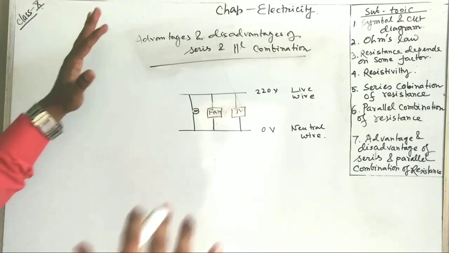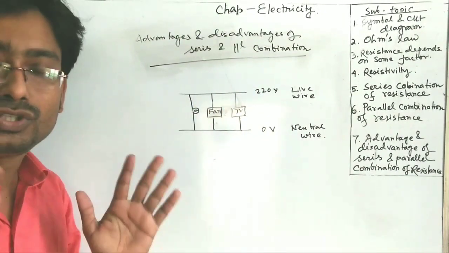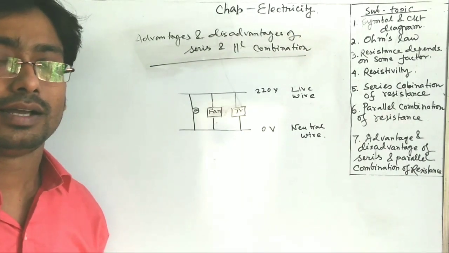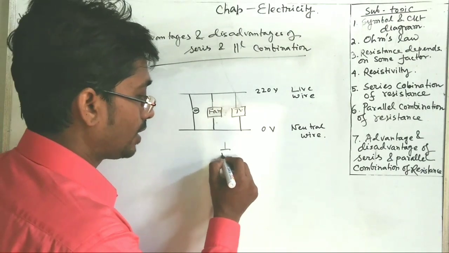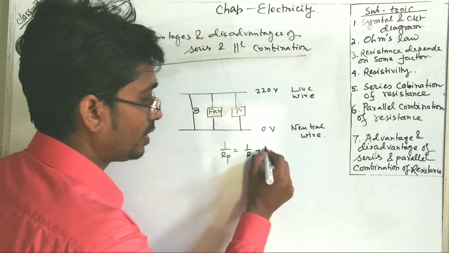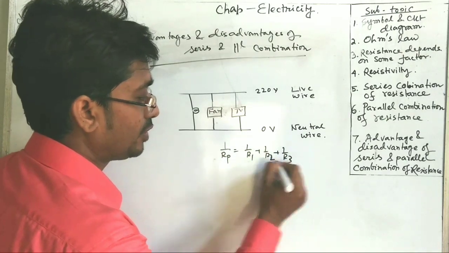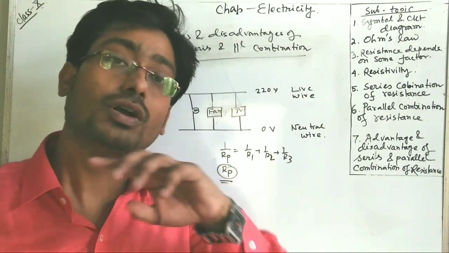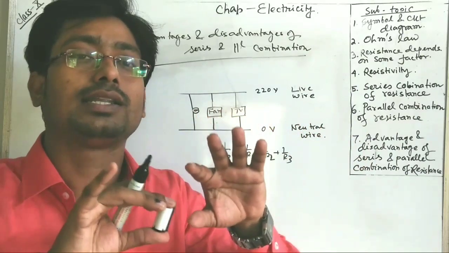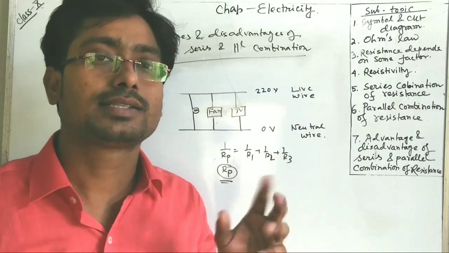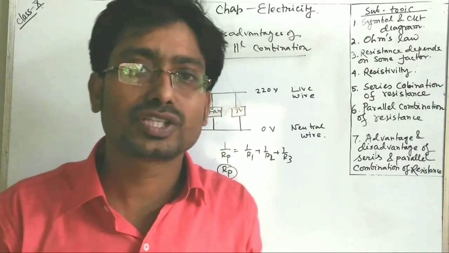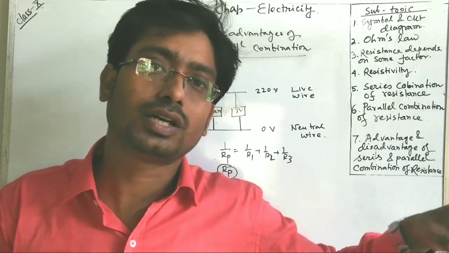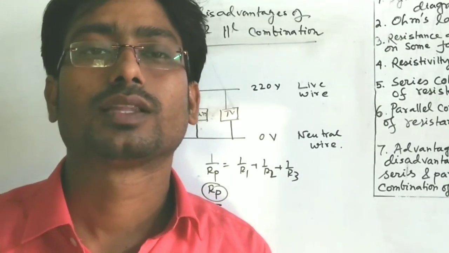Okay. Now, advantages and disadvantages of series and parallel combinations. A parallel combination is more advantageous than the series connection, because, as I have told you, the equivalent resistance for a parallel combination is 1 by R1 plus 1 by R2 plus 1 by R3. That means the equivalent resistance Rp is always less than the smallest resistance used in the circuit. In a nutshell, the total resistance in the circuit is reduced. In a series combination, all the individual resistances are added up and give you more resistance. That's why parallel resistances have the greater advantage.